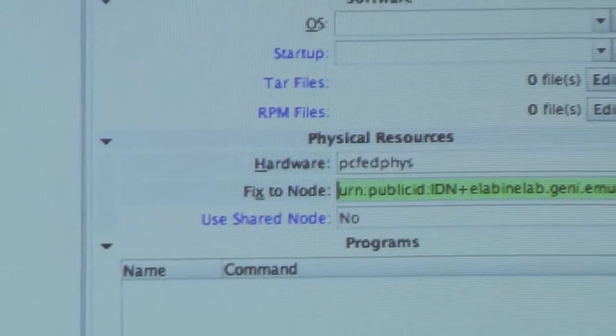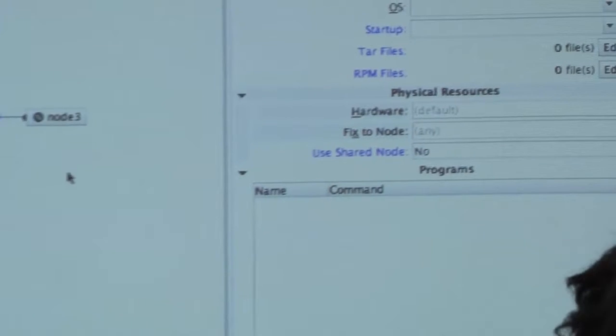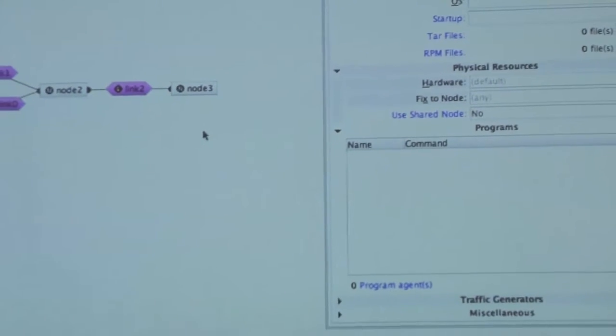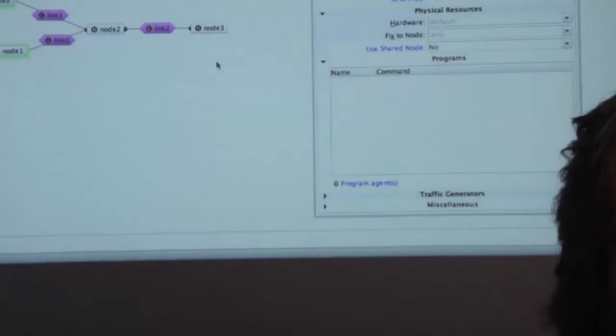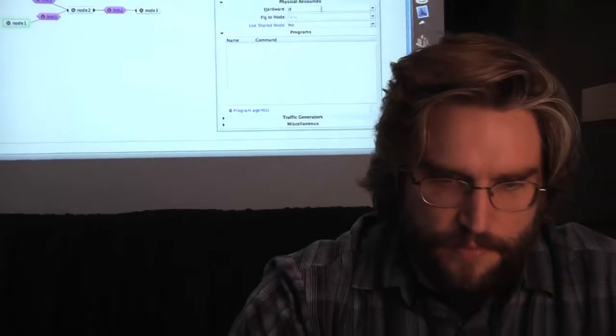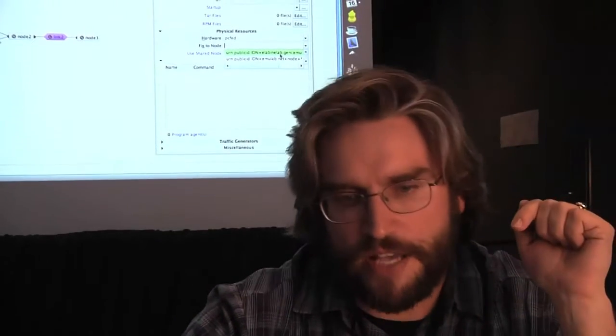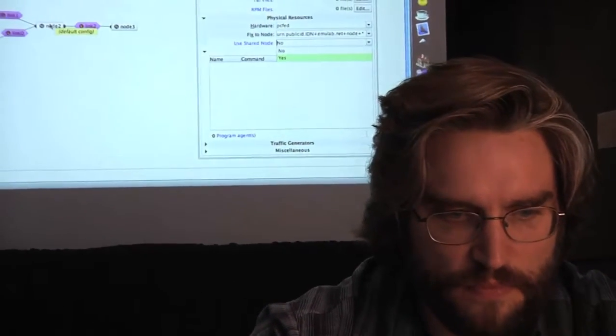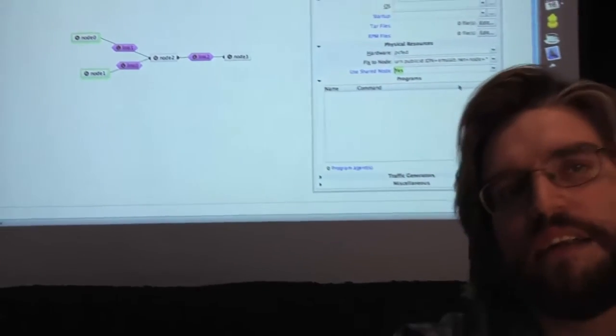And essentially, once I've created the topology that I want, the Emulab software will go out and it will use the Protogenie APIs to actually reserve some resources for me. When it does that,